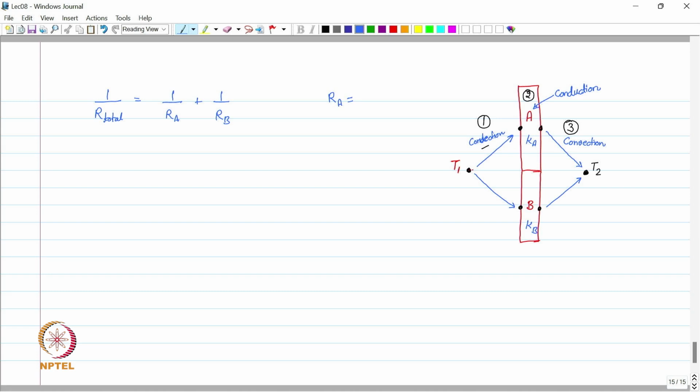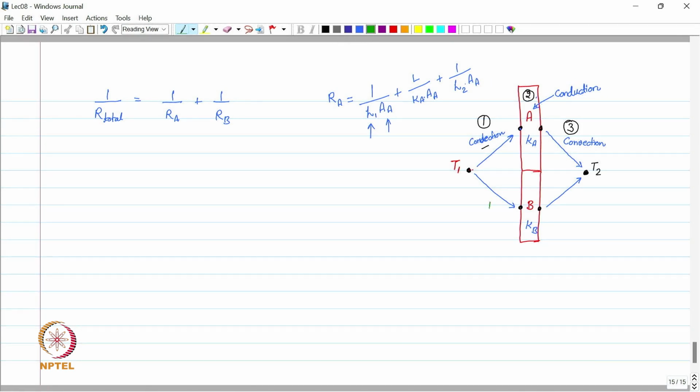the thermal resistance through path A is equal to 1 upon H1 into AA. Here this H is the coefficient for convection. So 1 upon H1 into AA, which is the area of this surface AA, plus the second section, which is conduction, which we can write L upon Ka into AA, very similar to the last slide, and then again the third section, which is again convection, and we can write 1 upon H2 into AA. So this is the overall thermal resistance through the path A, and similarly we can write for the path B,